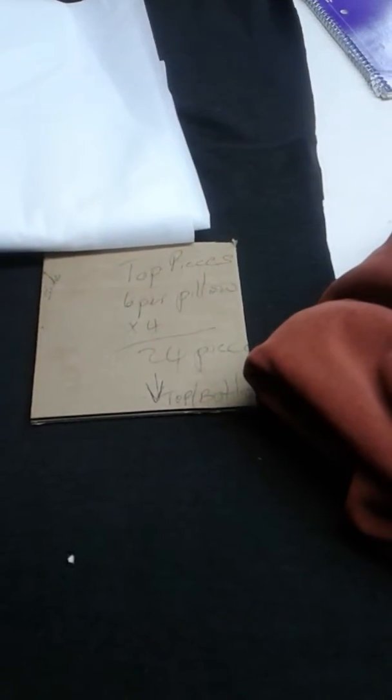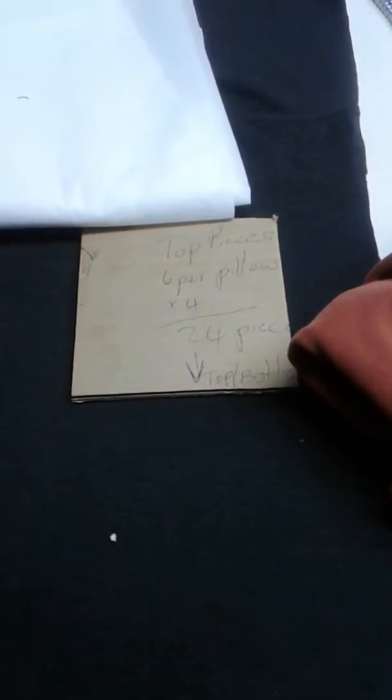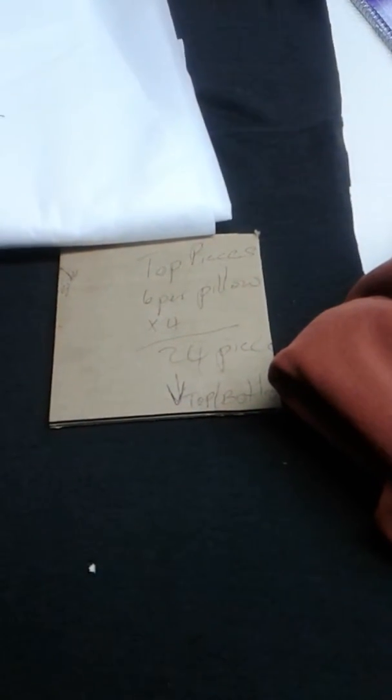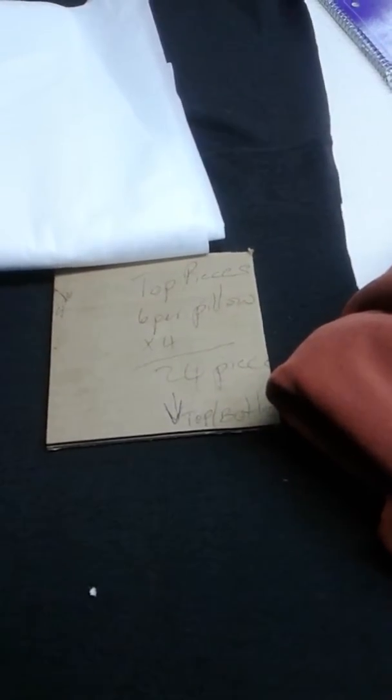I am in the process of doing a project for one of my clients, and I'm making some custom pillows from t-shirts and sweatshirts, and I just thought I'd give you a quick heads up that when you're working with